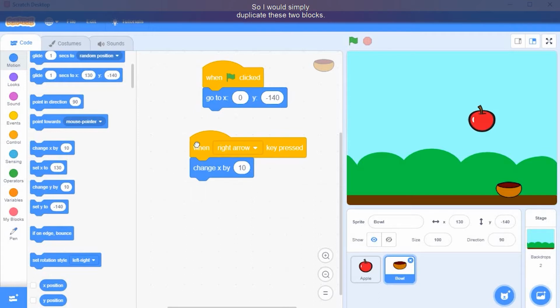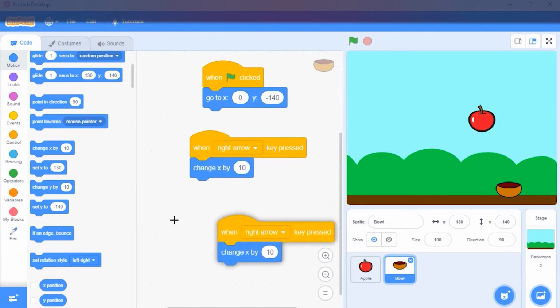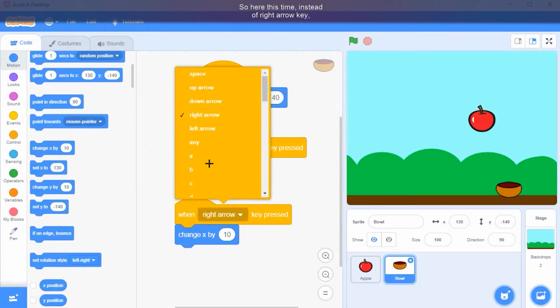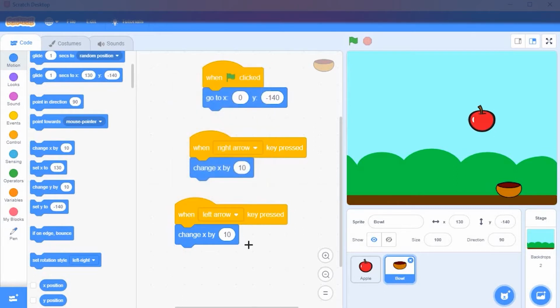Okay, now similarly let's make it move to the left side. So I will simply duplicate these two blocks, right click here, duplicate, and then put it here in the empty area. So this time instead of right arrow key, let's choose left arrow. And now I want this bowl to move to the left side, so it is going to change its x position towards the left.